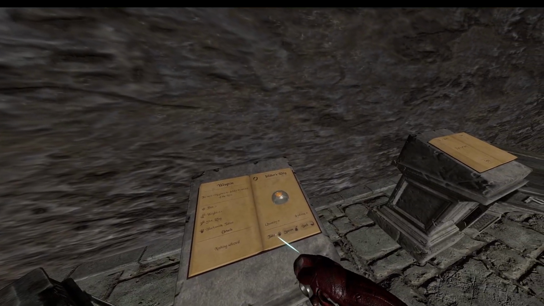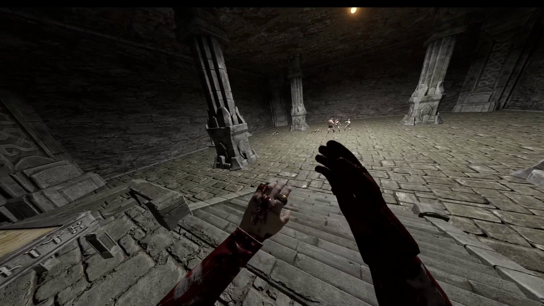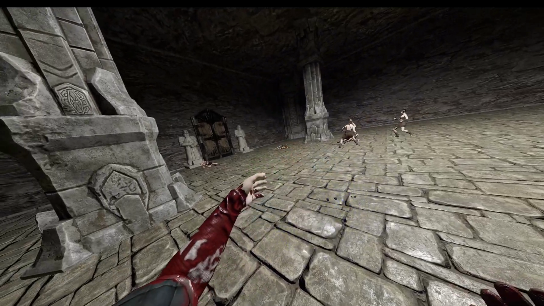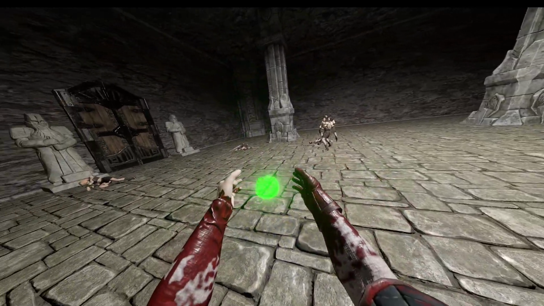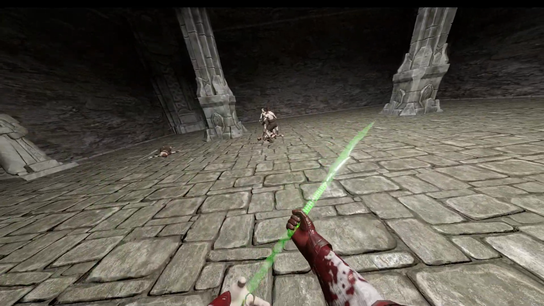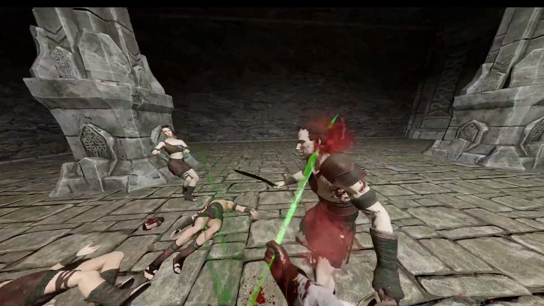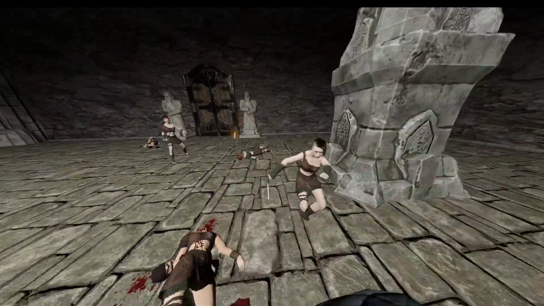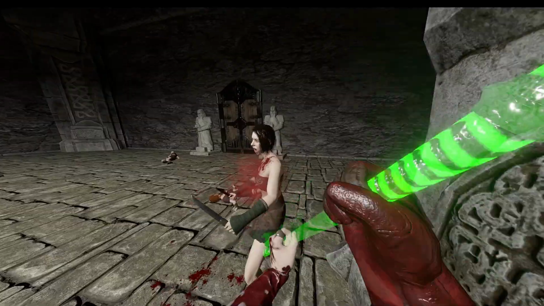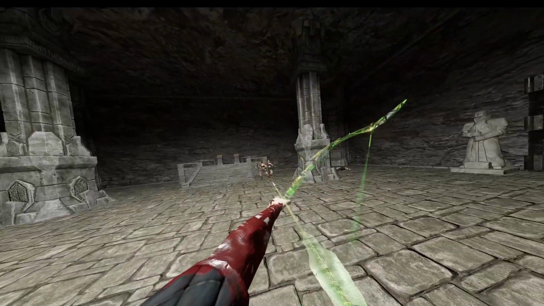So this ring is Isildur's ring. I'm pretty sure that's how you pronounce it. And if we put this on her, this ring has another power, which is incredibly cool. First of all, it has the Nazgul abilities, like the Nazgul Glaive, which is incredibly cool. I love using this. And we also have the bow,